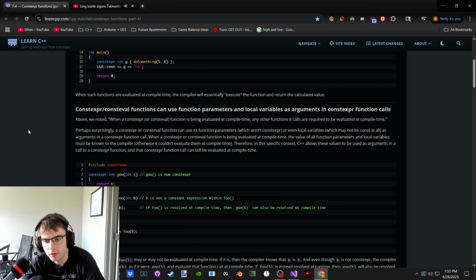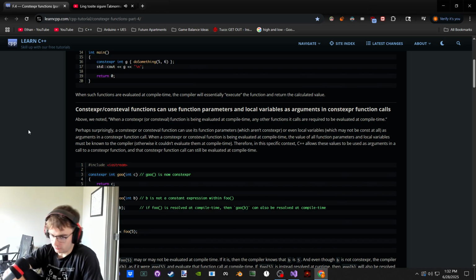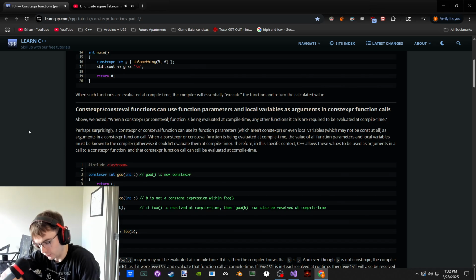Yeah, so it seems like const expression functions and const eval functions are almost special, because compared to non-const expression, non-const eval functions, if they have local variables that aren't const, they can't pass those variables as arguments to const expression, const eval functions that require const expression